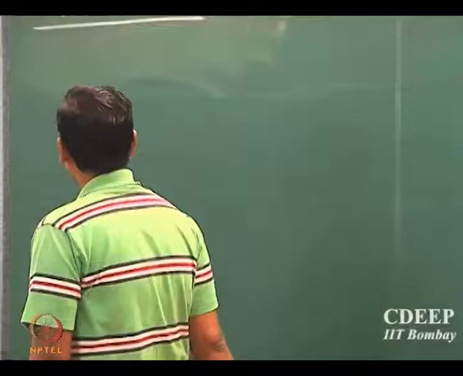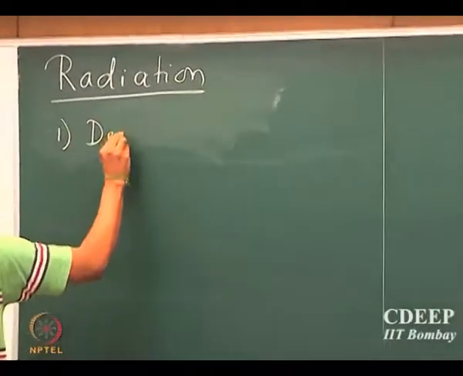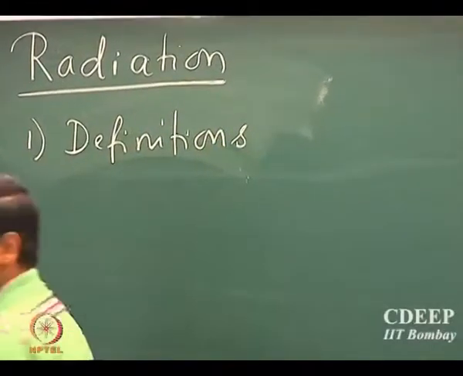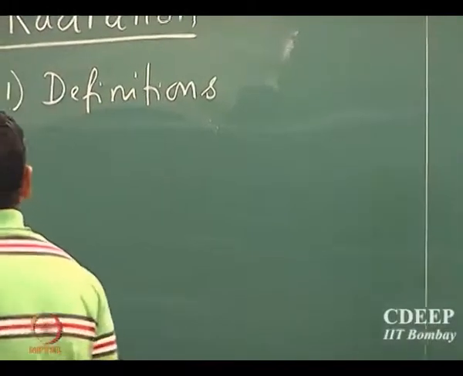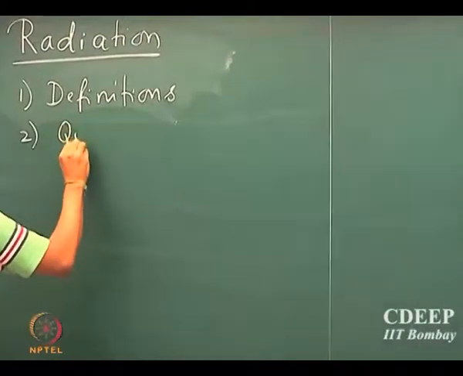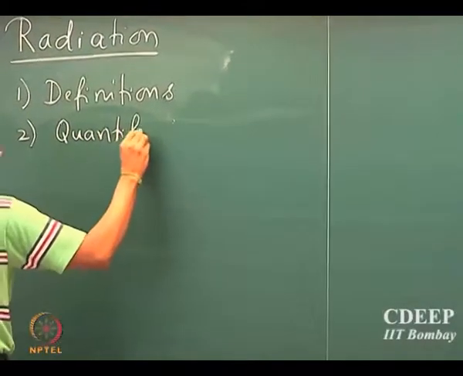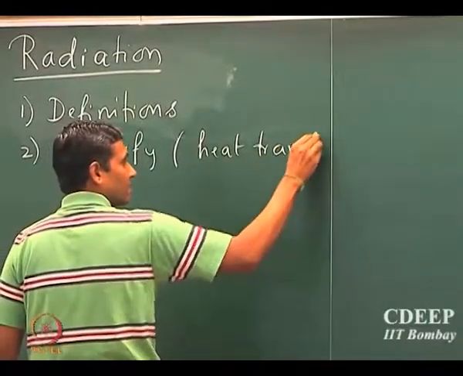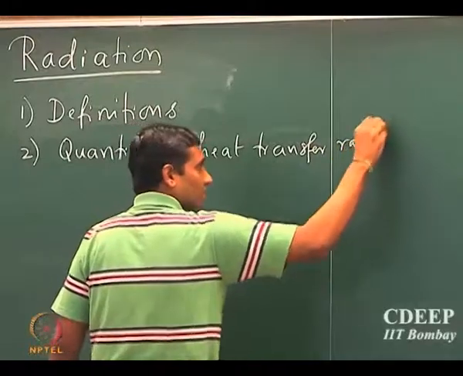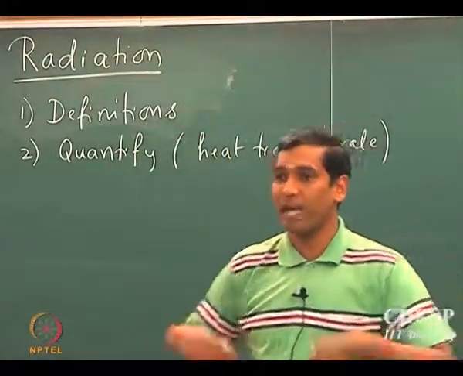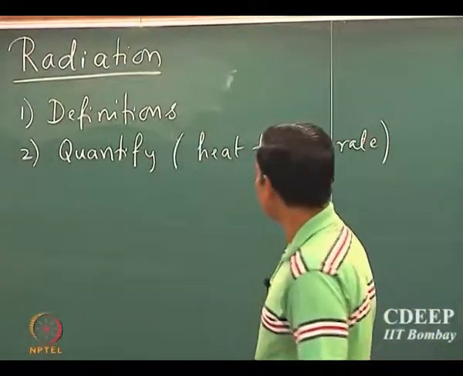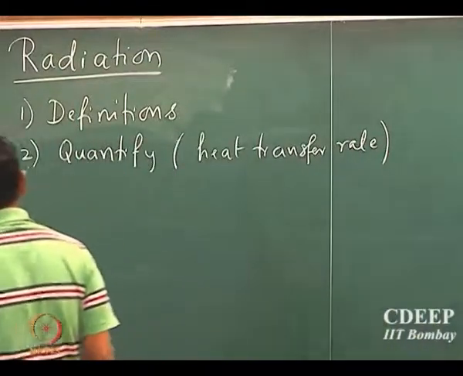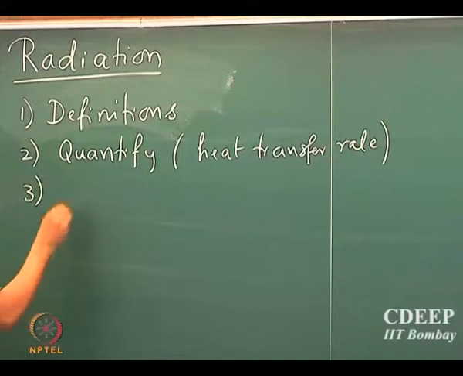One is we will start looking at definitions of radiation. We'll look at various definitions associated with radiation. We will look at how to quantify, that is, how to find the heat transfer rate, for various cases. Radiation could be emission, absorption, transmission, etc. So, we will look at how to quantify it for various radiation processes, and then we will look at